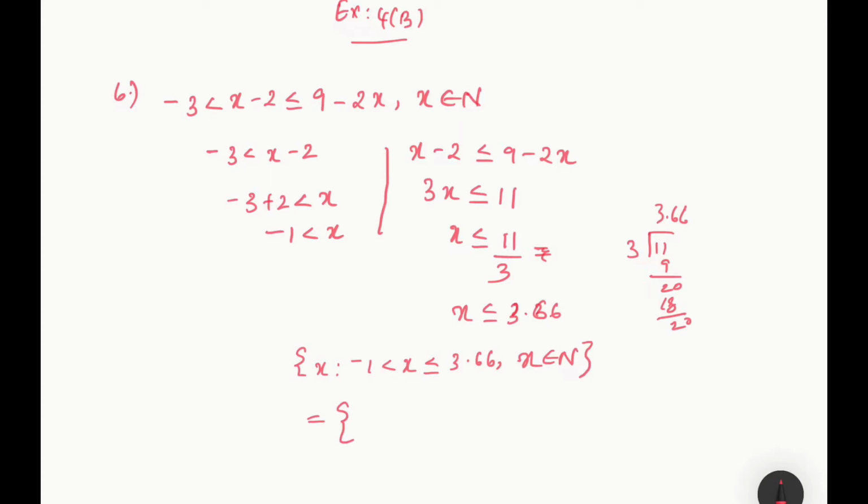Natural numbers you need here. So you can write 1, 2, 3. This is how you list the natural numbers. Hope it's clear to you all. So they have just asked you to list the numbers, so you're just writing down the numbers. That's all.